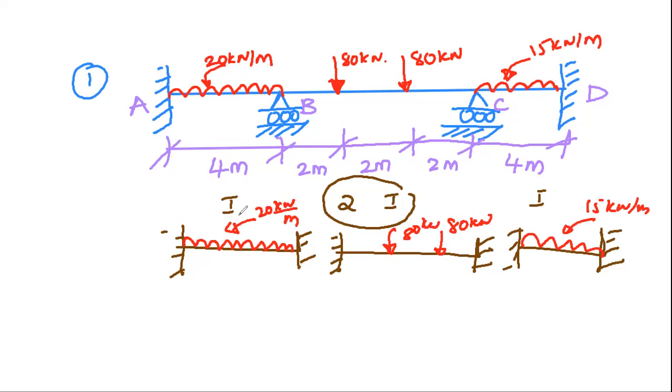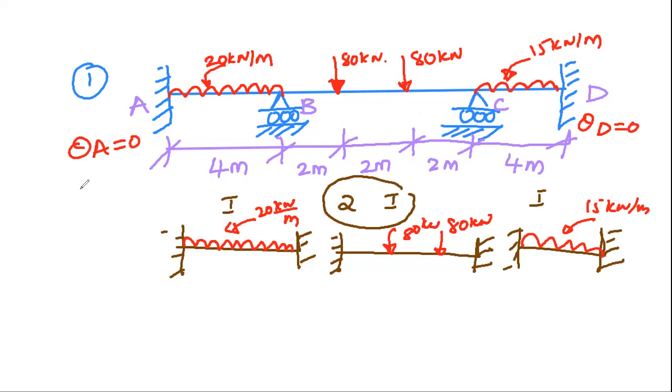Before this, I told you that we have to find out whether slopes are zero or not. Slopes are known or unknown. Now, if you see the slope at fixed end, theta A is what? 0, because always slope at fixed end will become 0. What is slope at this D support? Slope at D support is also 0, because here also we are having fixed support. But in between rigid supports, slopes are not equal to 0.